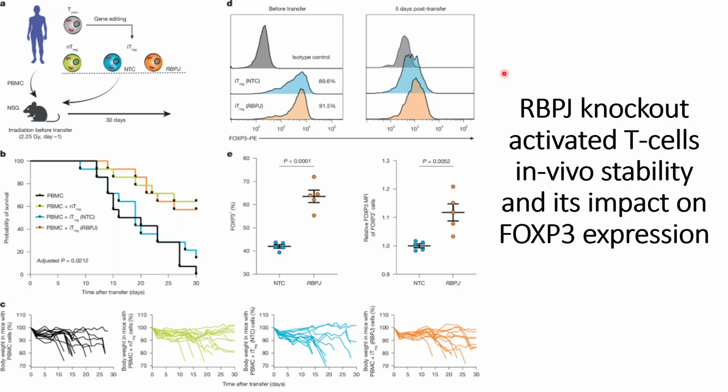In this video, we will discuss some of the applications of RBPJ knockout activated T cells in vivo, that is, in the mice model, and its impact on the FOXP3 expression and also on the probability of its survival. So in this case, they took the NSG mice, and for the control they directly injected the PBMC,